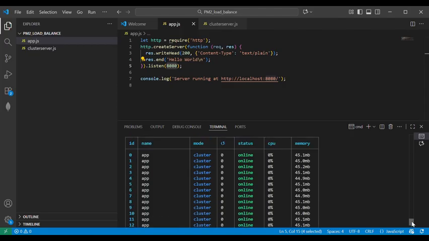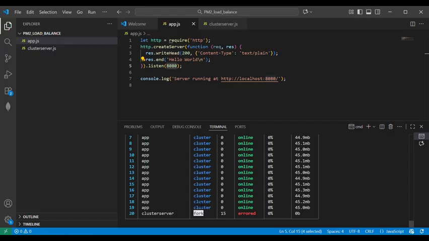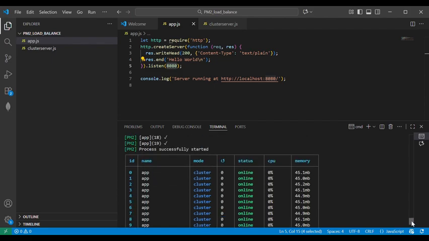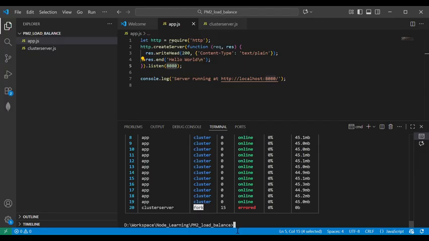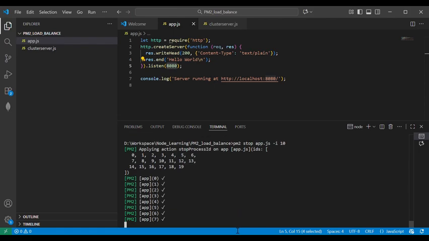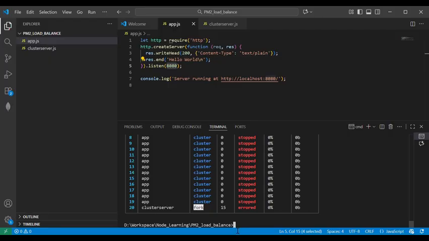So earlier I had created some instances that were already included here। Okay, and see, multiple instances have been created here and what kind of memory is getting consumed by this cluster। Status is online and the application name is app by default। इसको आगे हम क्रिएट करते हैं, इसको स्टॉप करते हैं। स्टॉप, all the clusters are getting stopped by using this command।